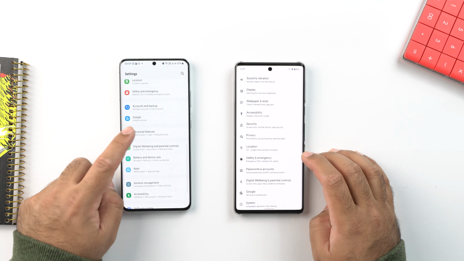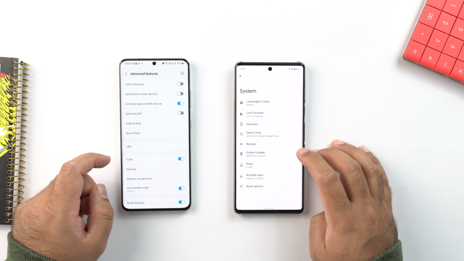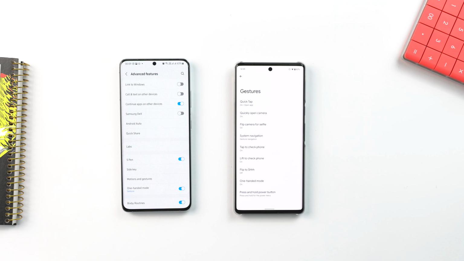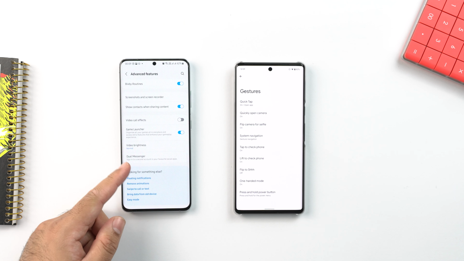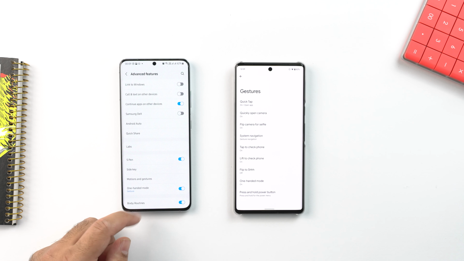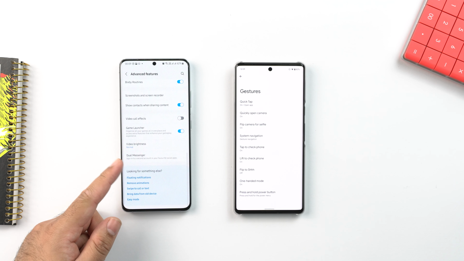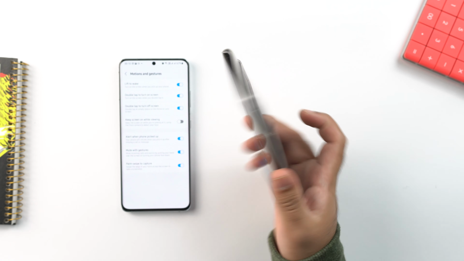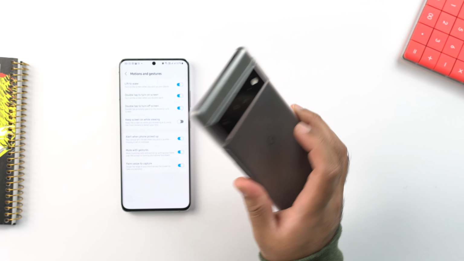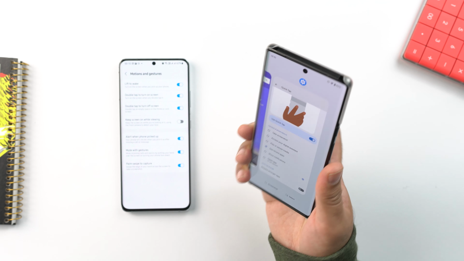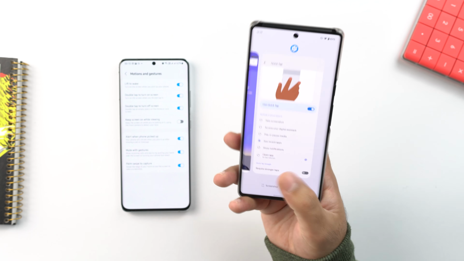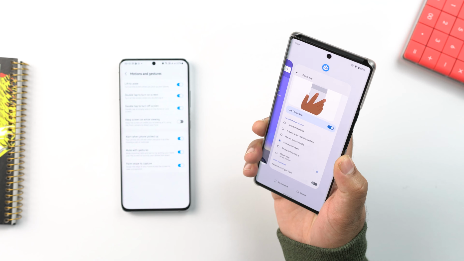One UI 4 has these advanced options that you won't find on any other UI, including the stock Android 12. We talked about some of these while talking about the toggles. Stock Android doesn't have any advanced features, but the gestures are there. If we compare the gesture controls on both the phones or operating systems, most of the gestures are also common. But this quick tap gesture on the stock Android 12 is something unique and extremely cool. You can tap the back of your Pixel 6 or 6 Pro to perform an action using this gesture.